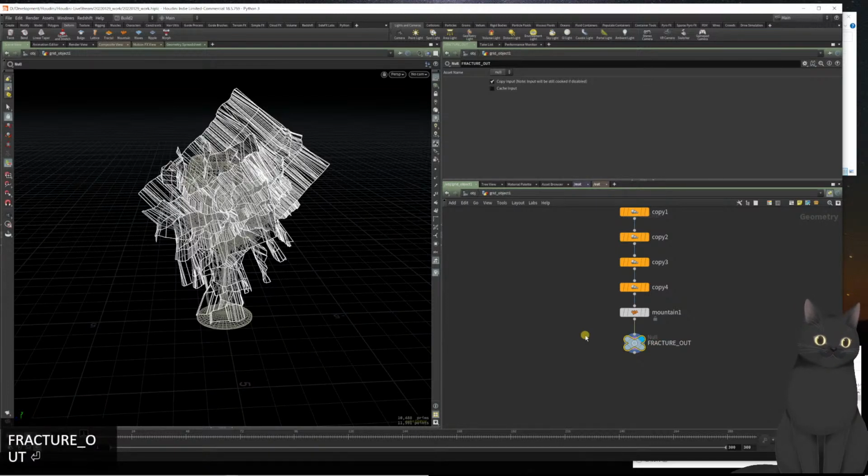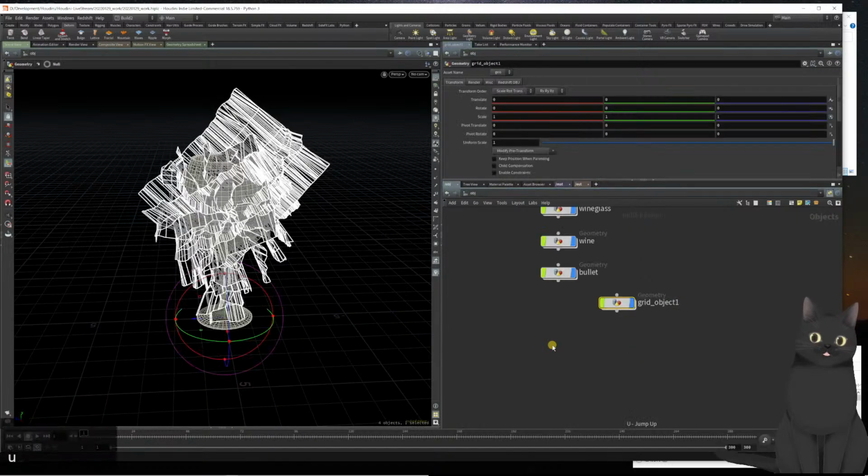So this has all been built in a separate object, and we need to get this back into with the wine glass. So we're going to go in here. Let's just name that properly, keep things organized. So we're going to go fracture geo, and we're going to hide that because we don't actually need that as a part of our scene. We're going to go into the wine glass, and from here we're going to